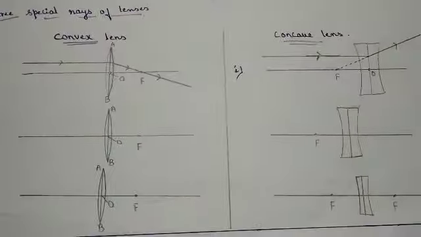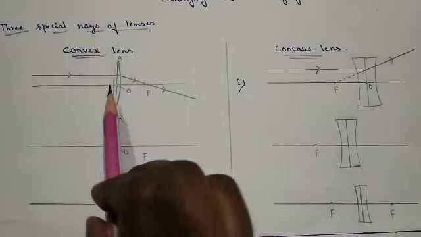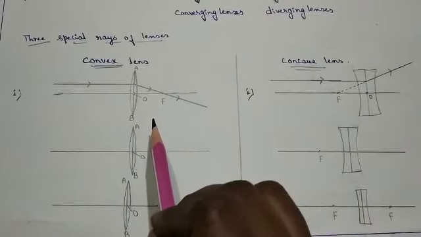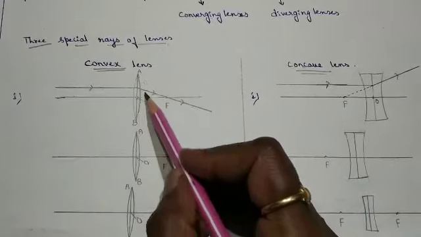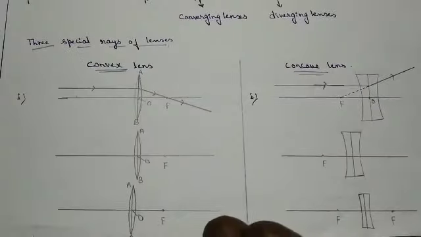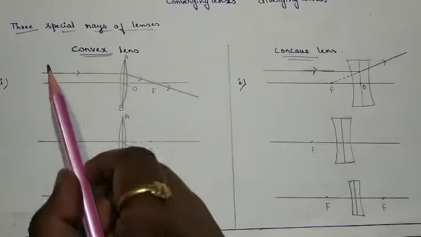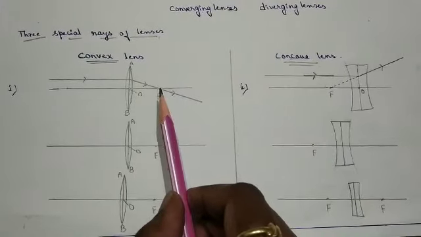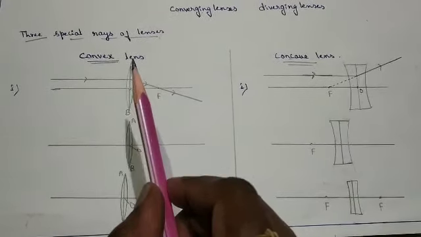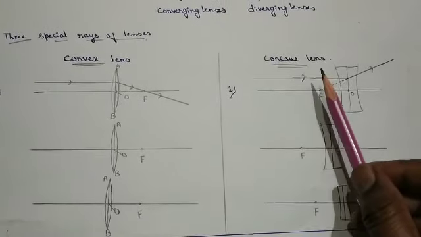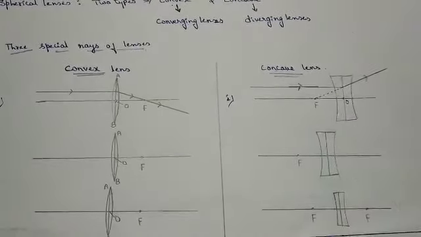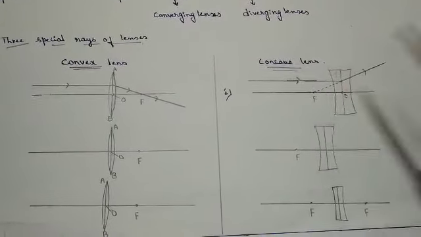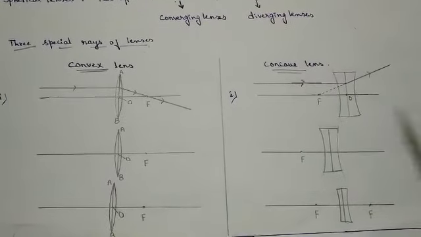The first case: here I'll show case 1 of convex and also concave lens simultaneously. So here this is the convex lens. Convex lens is nothing but converging lens, where if the rays are allowed to fall onto the lens, all the rays will try to meet at a point. Therefore we call it a converging lens. Whereas the other name for the concave lens is diverging lens, where the rays appear to diverge after refraction from the lens.